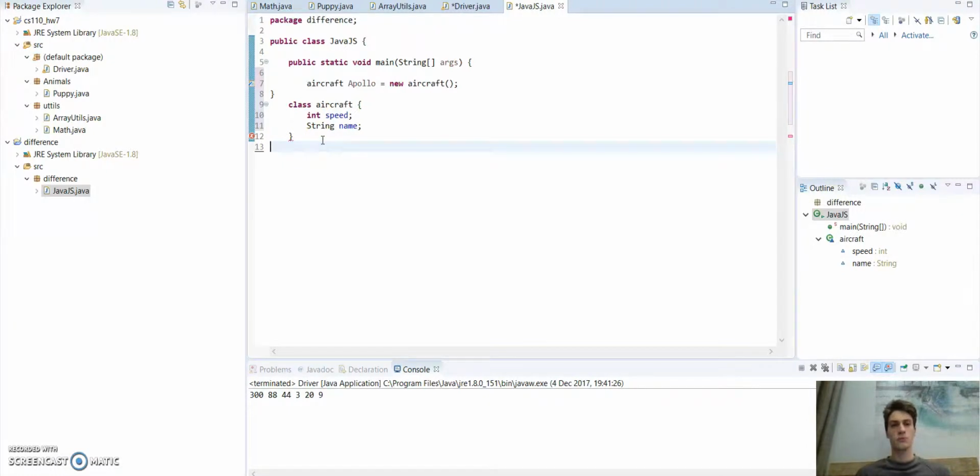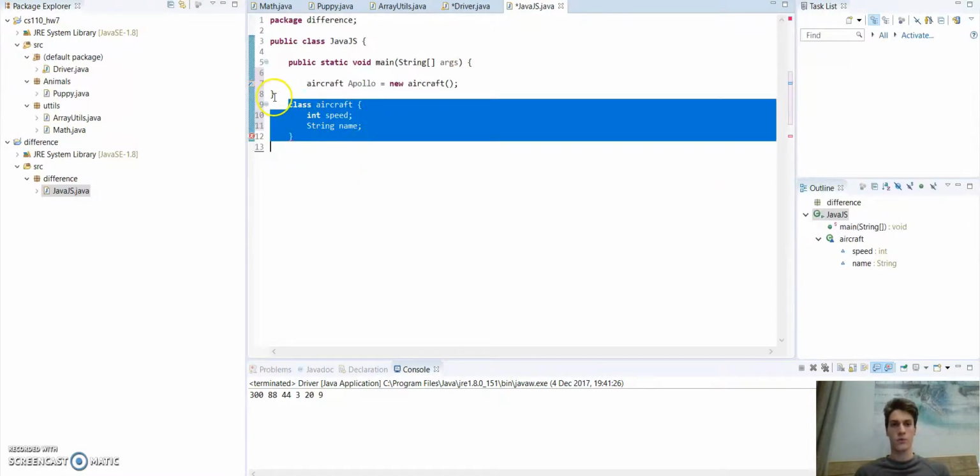So first we need to make a class and give the name of this class. The class is simply just a template and nothing more. So the template means that each aircraft should have, for example, a speed and the name. The speed is of course integer, the name is a string. Then we make this class apart from our main method, and in our main method we make